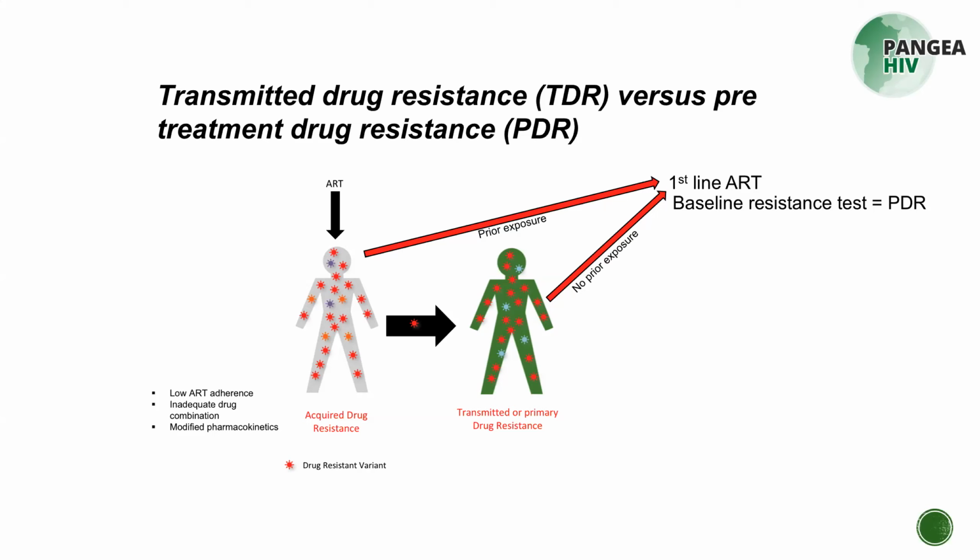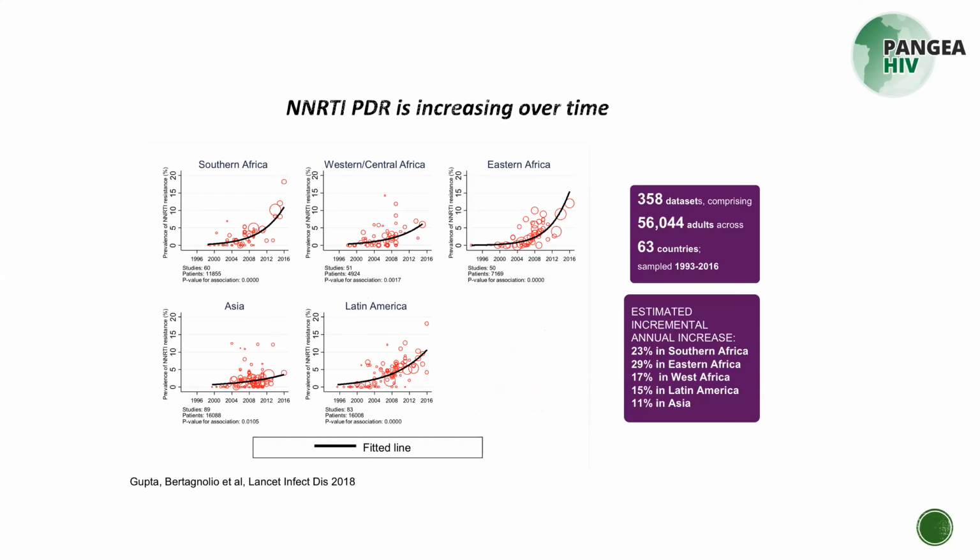But of course, if they've taken that single pill of a tripler, they will have potentially high-level drug resistance to at least 1 drug. But of course, we won't know that because we don't do drug resistance testing at baseline, and they will get standard ART. And if you see next, what happened, the result of that is, of course, is that